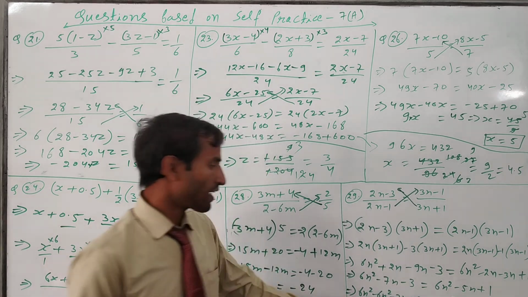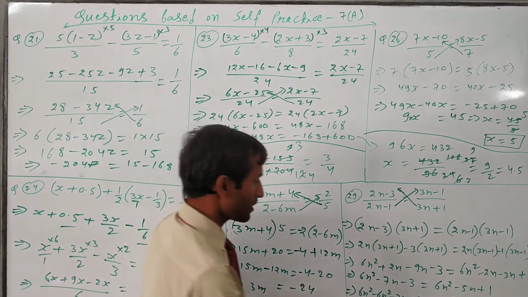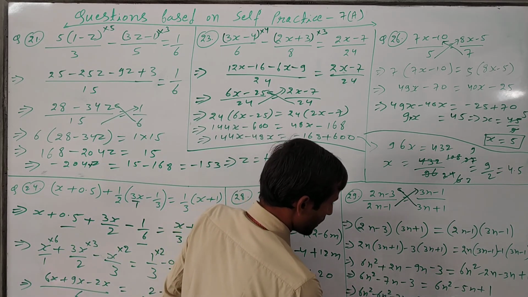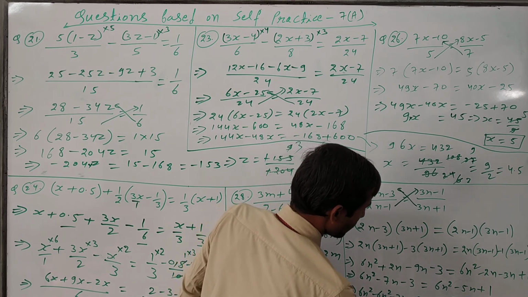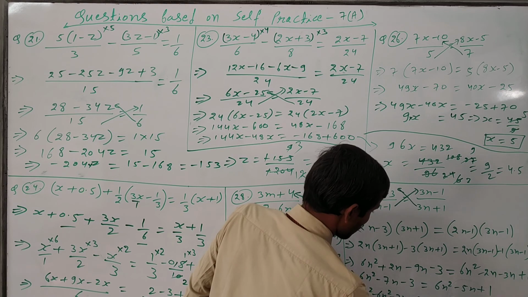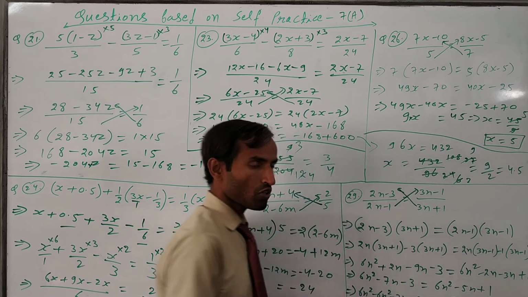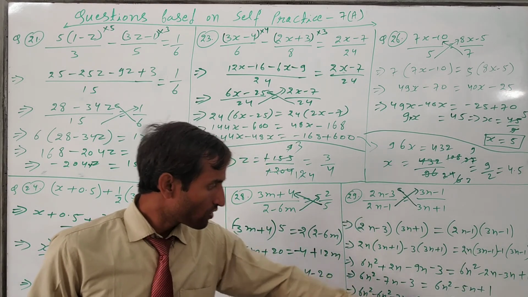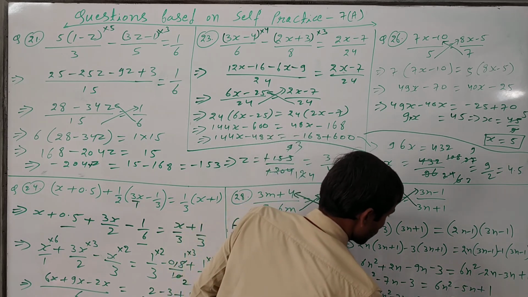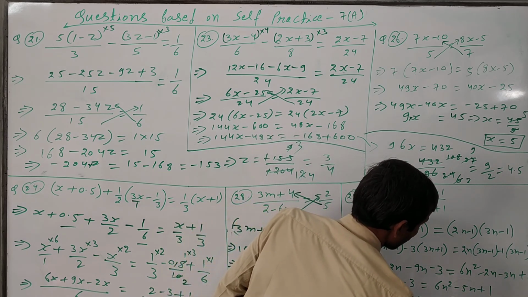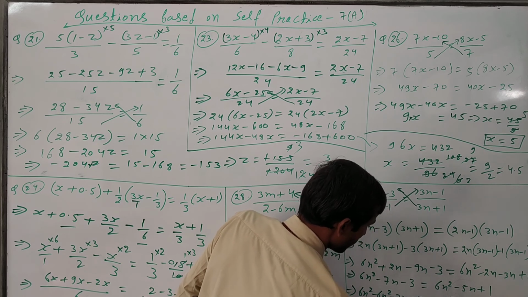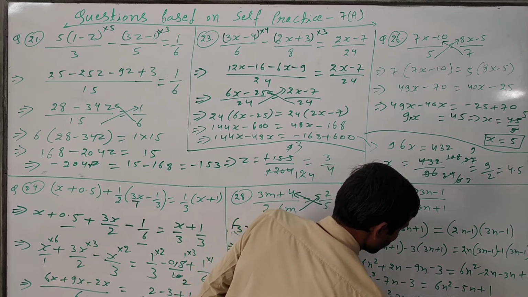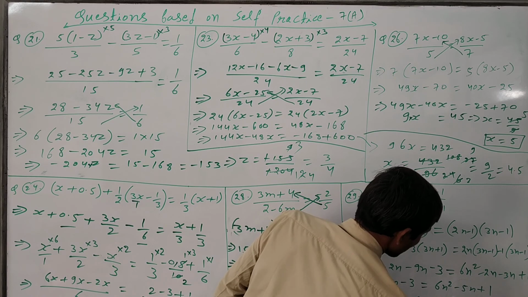Now 6n square minus 6n square, this one will be 0. And these both we have to separate, so minus 2n will come, is equal to 3 plus 1, 4 will come. So minus 2n is equal to 4. Then n is equal to 4 upon minus 4. Cancel out, 1 will come, means minus 1. So n is equal to minus 1. This is the final answer.